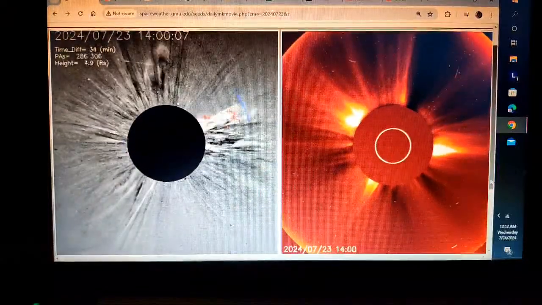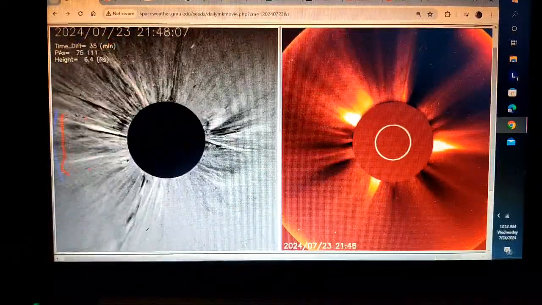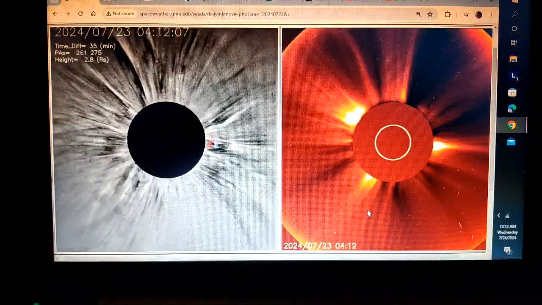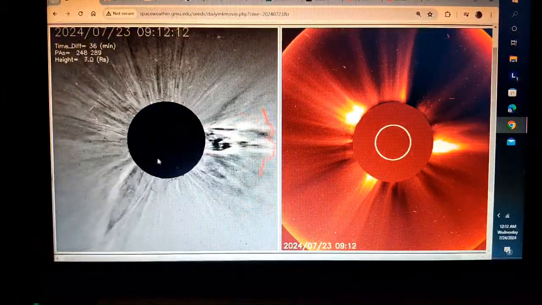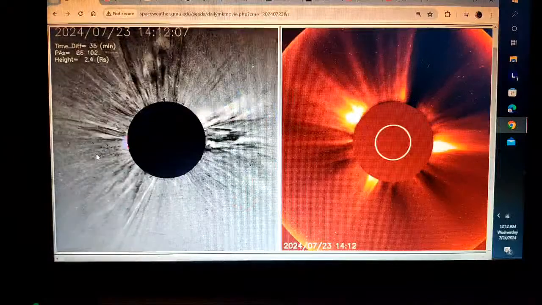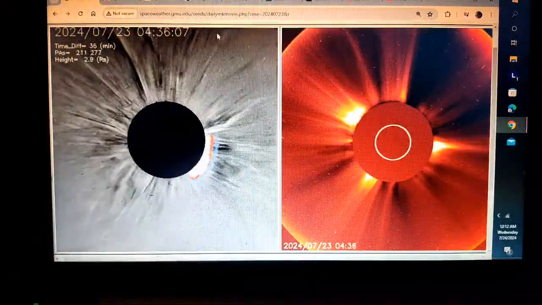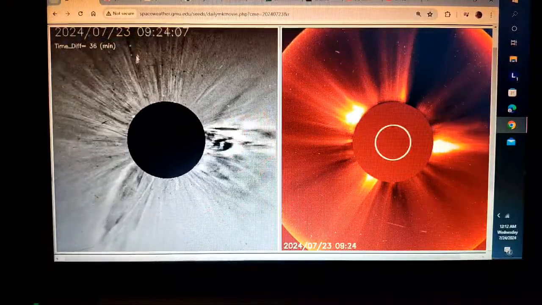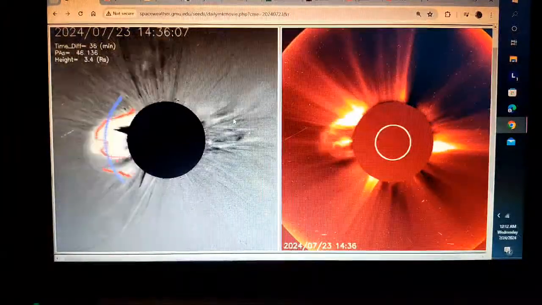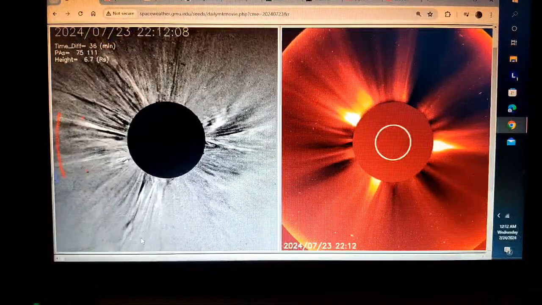Okay. All right, so there's your activity for today with our full halo coming off the backside, and possibly this bigger object, when it may have induced that backside CME and pushed energy towards us.